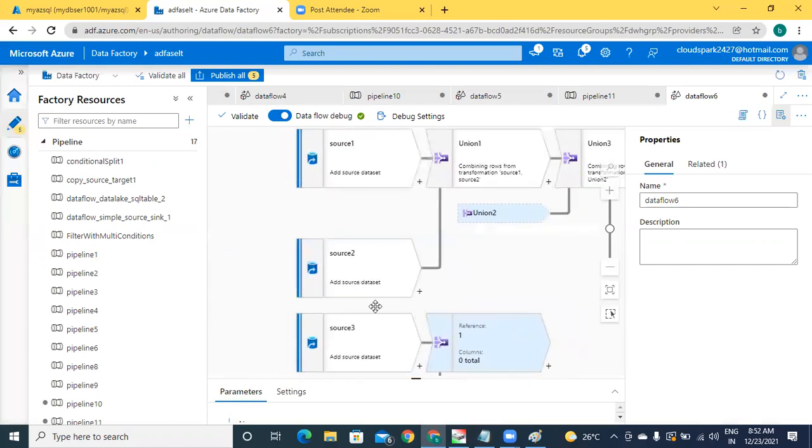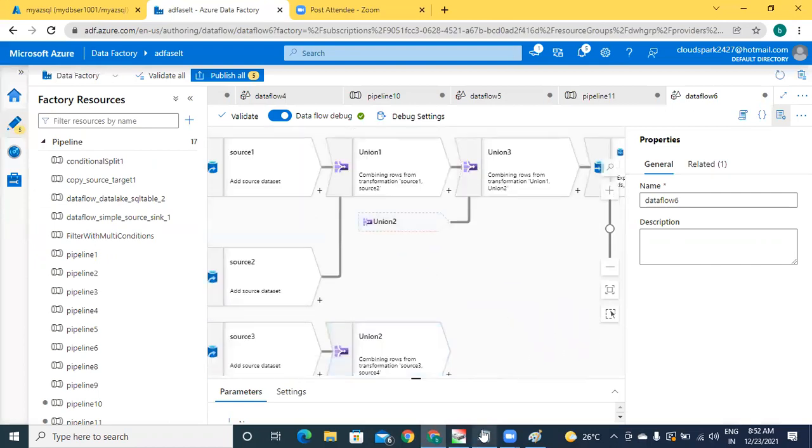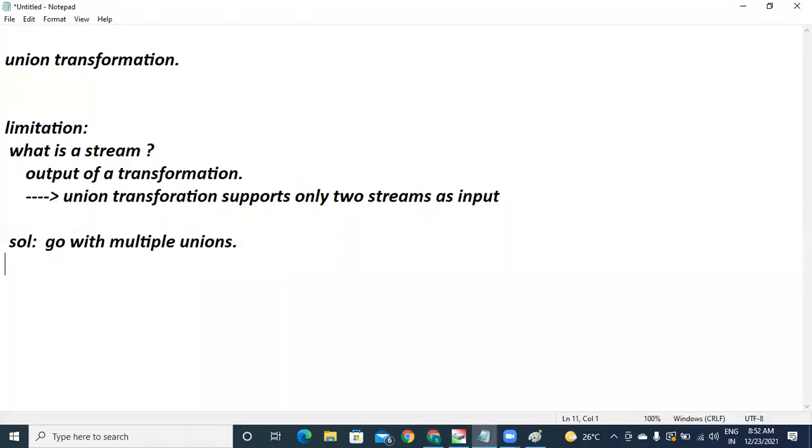All of you take this as an assignment, sir. I have kept only 2 files. You please try to execute 4 files. File 1, file 2, and file 3, file 4. Keep some sample rows. 5 rows, 5 rows, 5 rows, 5 rows. Totally dump into your Azure SQL table. Try to execute that flow and submit me the documents.